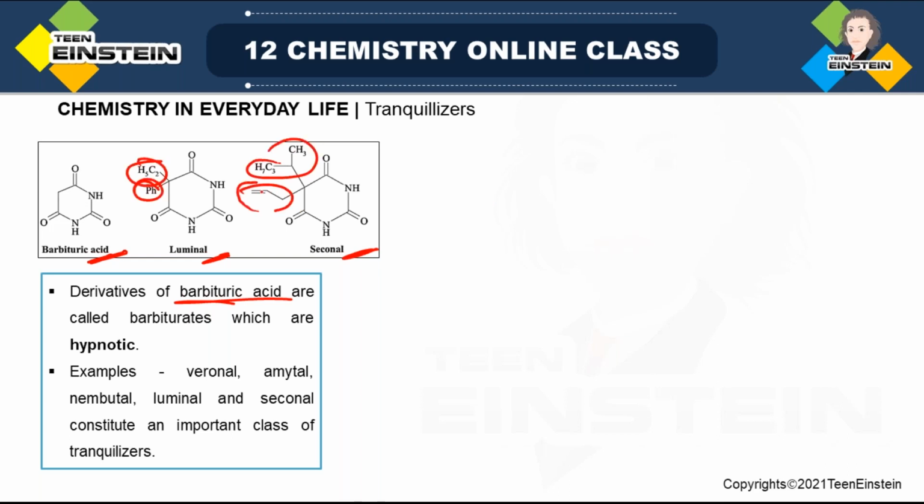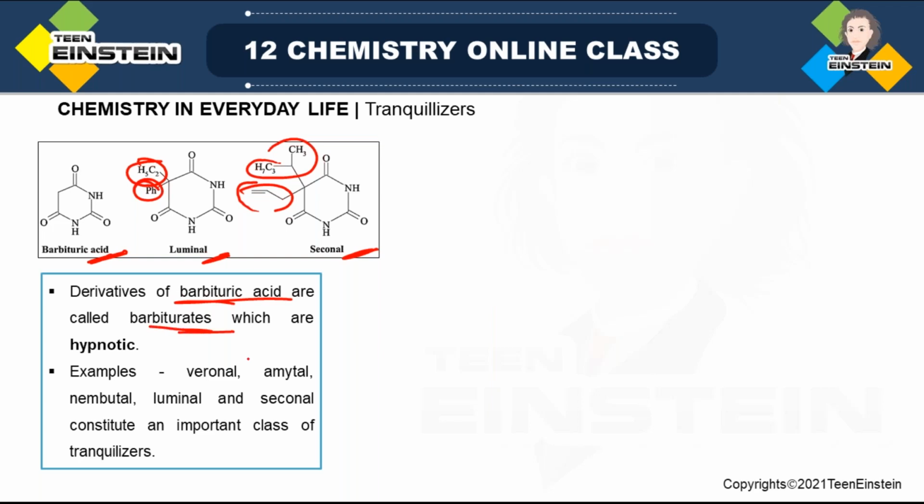That is why we are calling it a derivative of barbituric acid. Here you can see only 2 examples, but if the basic structure resembles barbituric acid, you can call them derivatives of barbituric acid,